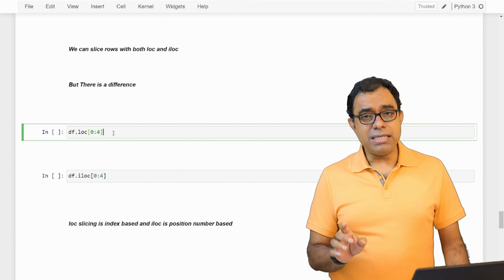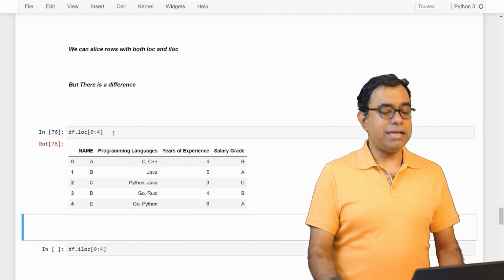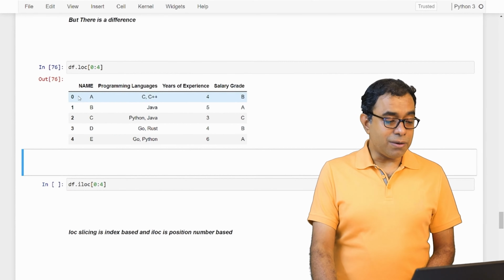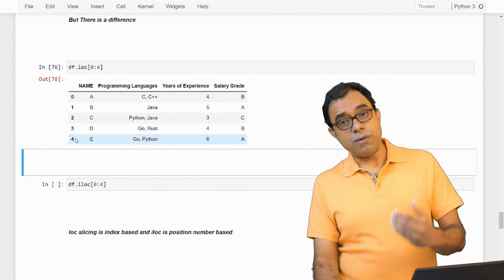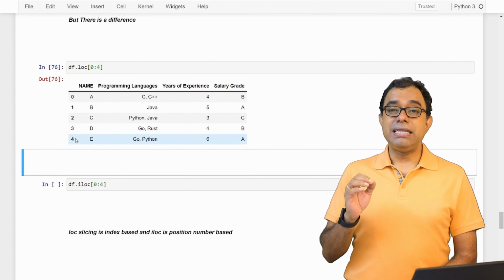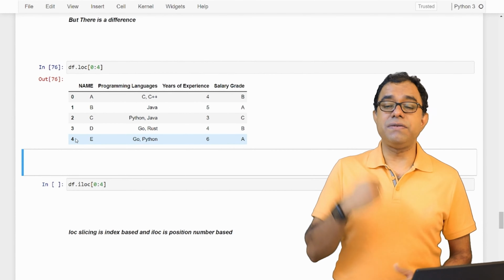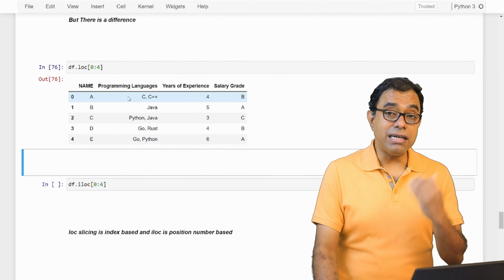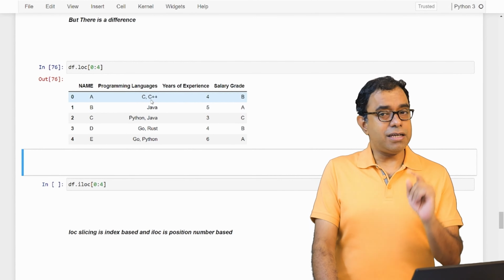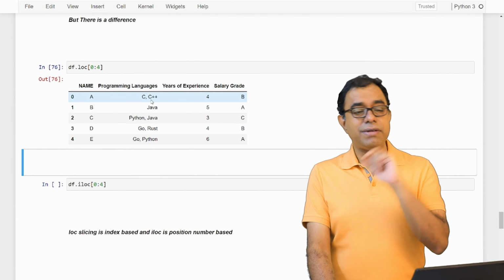But this is not true for data frame slicing with LOC. It will include 0 as well as 4, which means this range is inclusive. In the case of NumPy, it was exclusive.